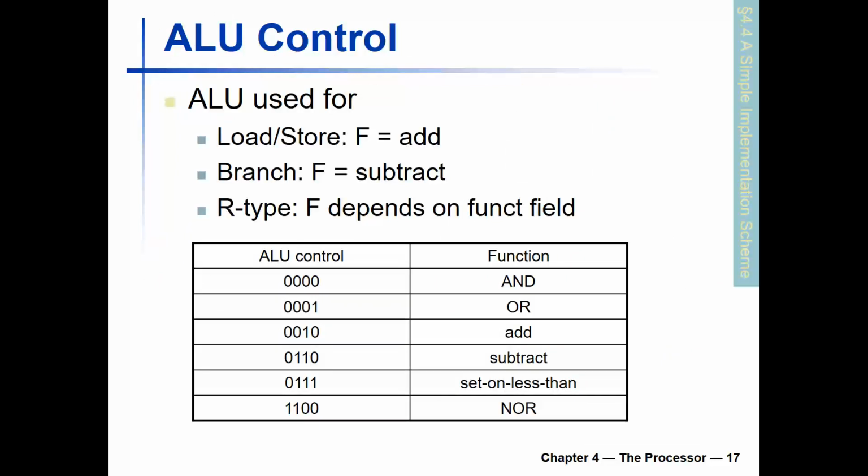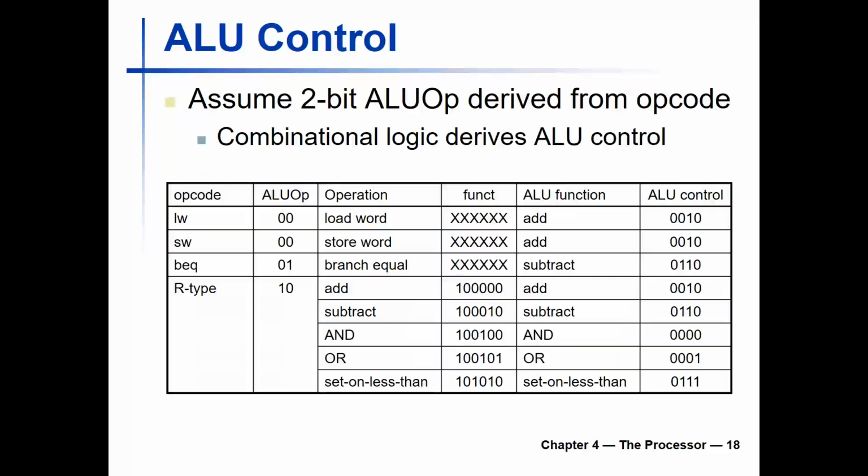Now the ALU is supposed to do multiple operations. So in the case of a load, we have to do an add operation. Why add? For example, when I do load t0, 4(s0), we need to compute the effective address. We add the base register s0 and 4. So we need an adder here. That's why I need an add for the load and an add for the store to compute the memory